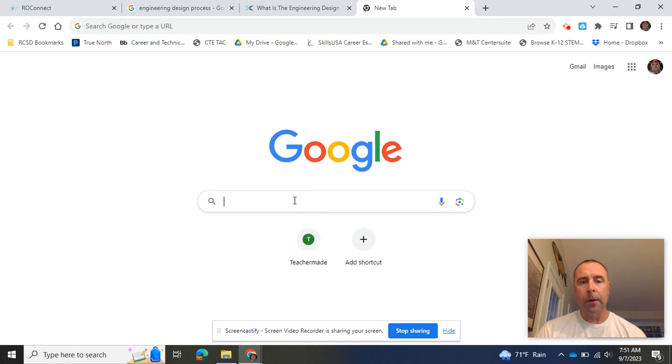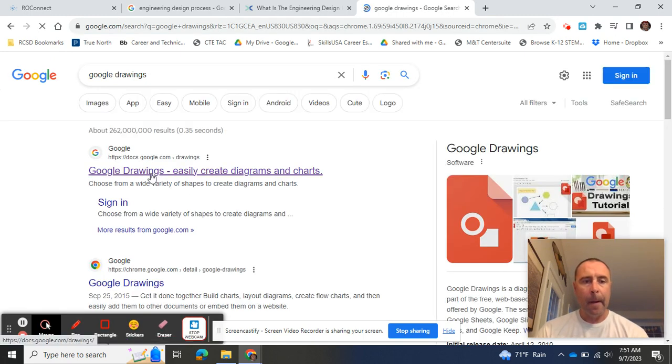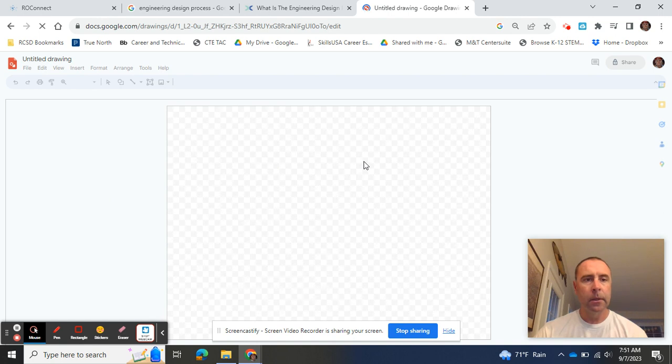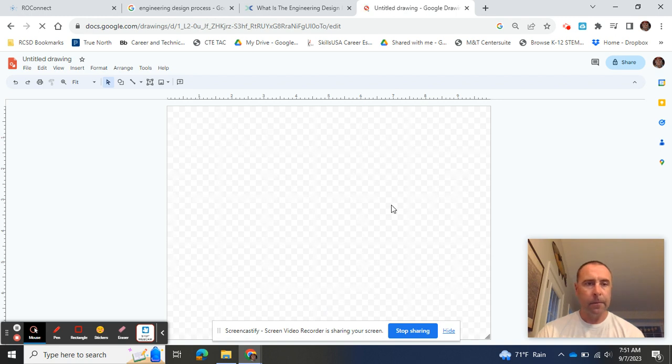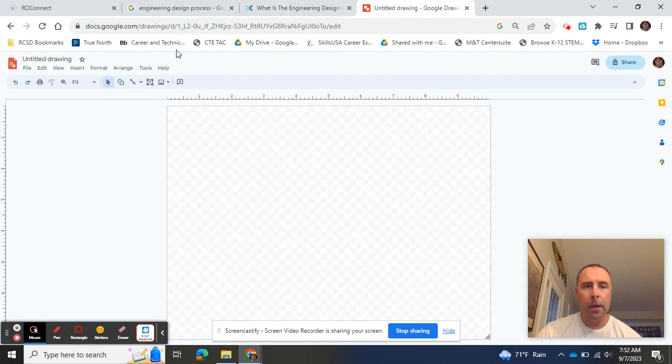So you're going to open another tab and search for Google Drawings. And this is a simple program for us to start our design process, learn how to make designs. So you start with your blank piece of paper, and if I want to recreate this, I see that I have this nice little oval shape, and they're all the same. So I'm going to start by, well, first we should title it